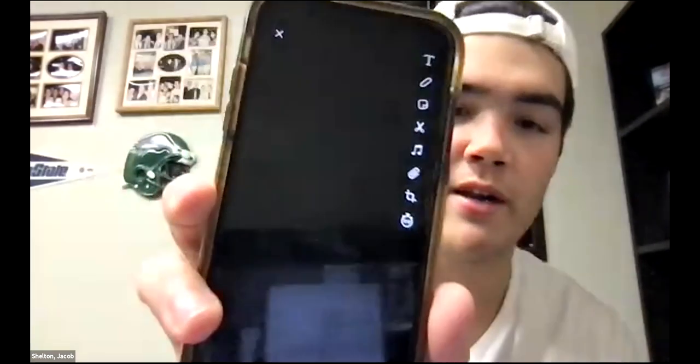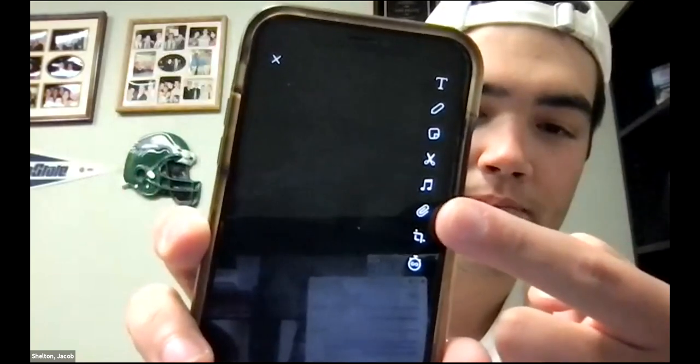I'm gonna put this on their story first of all, and I'm gonna attach the link to apply to my local office. So I would post it on their story. I told you to get on Snapchat earlier, so go and open Snapchat back up. Take a picture, just a picture of anything. So here's just a picture of a black screen. Right here, this little paper clip is a spot where you can attach a link.